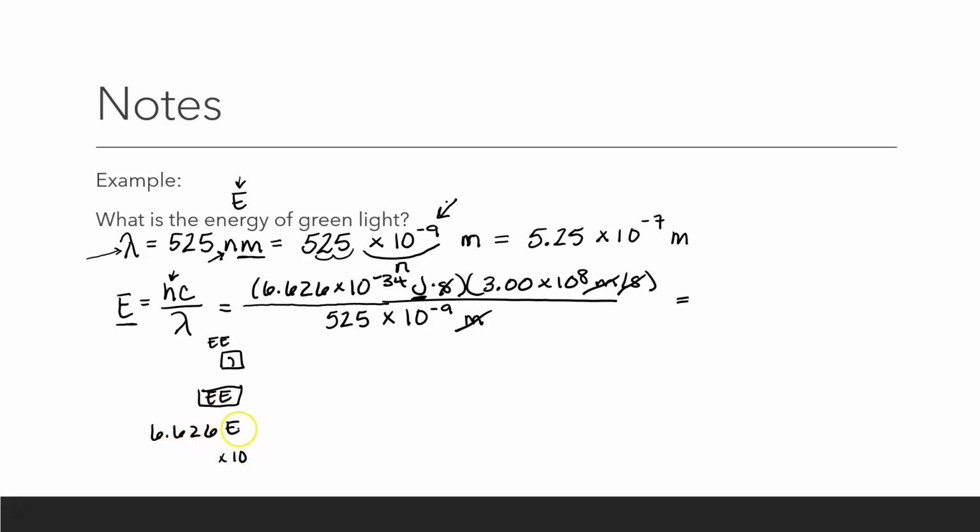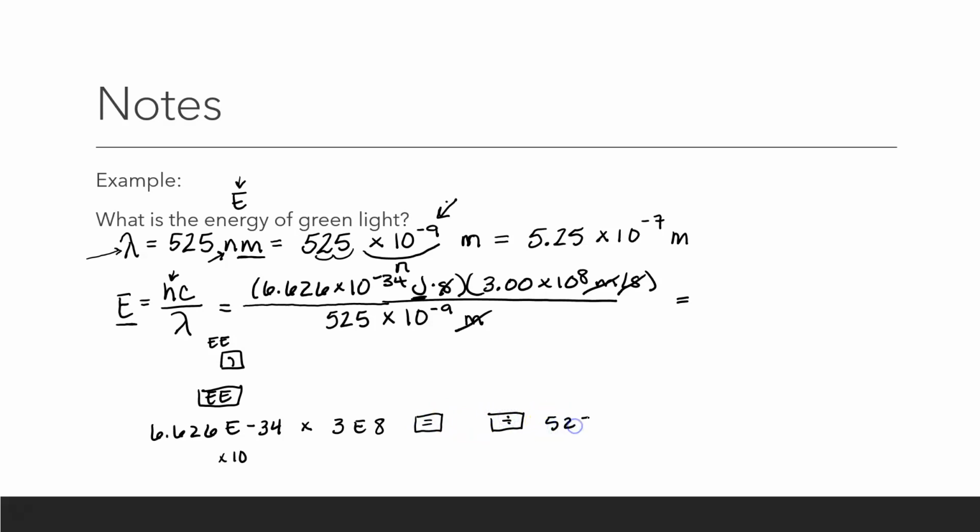So 626E, and then don't make it a power, just type it in. So E negative 34, make sure it's a negative, times 3E, you don't have to include the zeros unless there's another non-zero digit, 8. And then you'll hit the enter or equal button, and then you will divide,